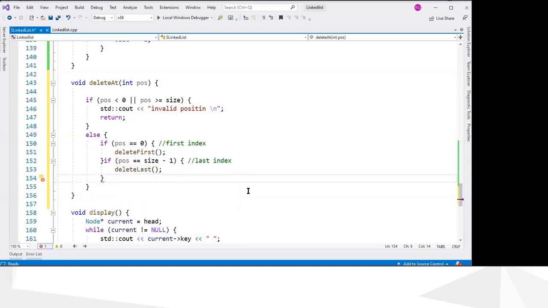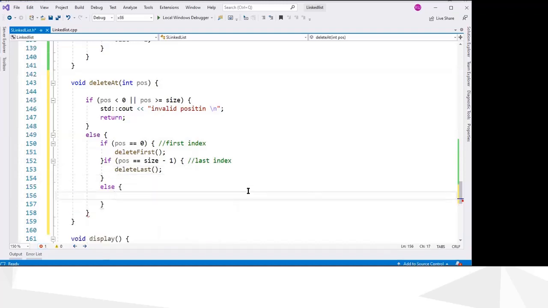So now else means we are in the middle. So we have one element before at least and one element after. So we have at least 3 elements now if you come here. Okay, so first we have to have a pointer current equals head. So now we are starting from head, for int i equals 0, i less than position minus 1, i plus plus.